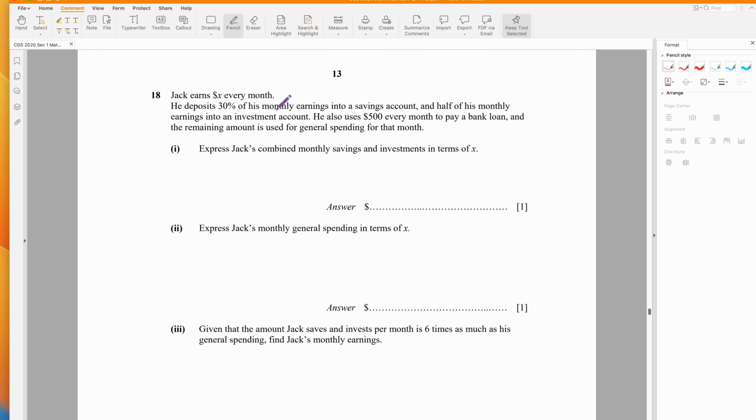Okay, Jack earns x every month. He deposits 30% into a savings account. So 30% x is savings. Then 70% is others. And half of his monthly earnings, so 50%,